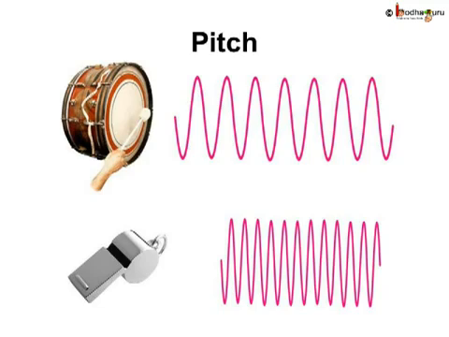Something that vibrates slowly makes a low-pitched sound. Something that vibrates very fast makes a high-pitched sound. For example, a sound with a low frequency will have a low pitch, such as a human's heartbeat, or a drum beat. A sound with a high frequency will have a high pitch, such as a dog whistle.